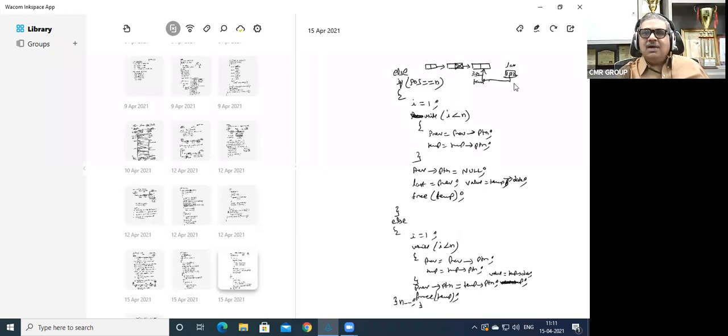Why? Because last is a pointer which stores the address of the last node. The last node is the temp which is deleted, so previous becomes the last node now, right? That is the reason last is equal to previous we are doing here. So if pos is equal to n, I have initialized i is equal to 1.